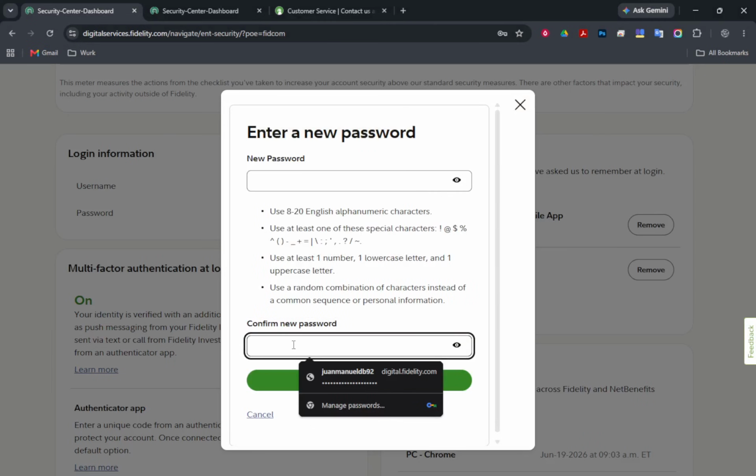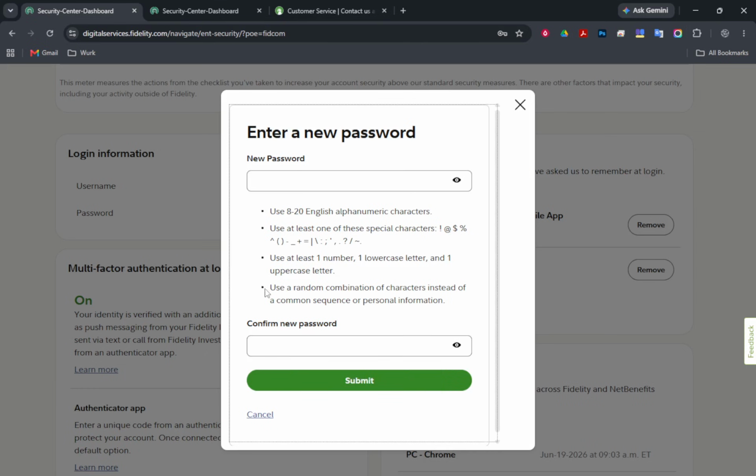After entering your new password, you'll need to confirm it by typing it in again. This step ensures you've entered the password correctly and helps prevent any typos that could lock you out of your account later. Next up, it's time to save your changes. Review the information you entered for accuracy. Then click on Submit, Update, or Save, depending on the option available on your screen. You will see a confirmation appear, letting you know that your password has been successfully changed. This confirmation is crucial as it assures you that your new password is now in effect.